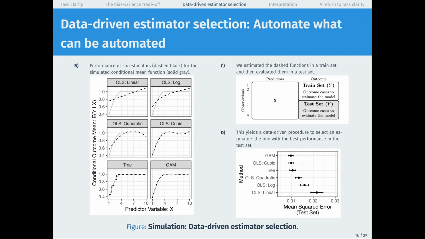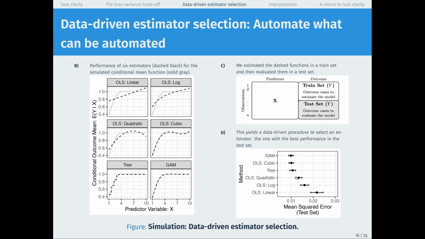So everyone has to commit to their choice of algorithm before they open up that test set. They make their predictions and then take the expected squared error of those predictions. So we've done that exercise, and down at the bottom, I'm showing you along the x-axis the mean squared error in the test set for the algorithms over here.